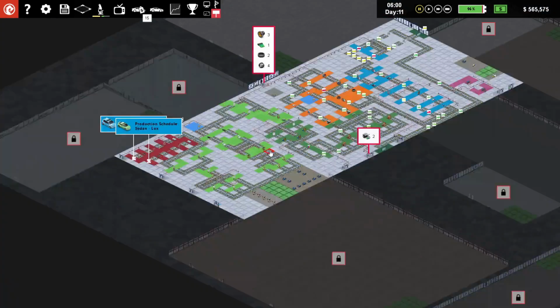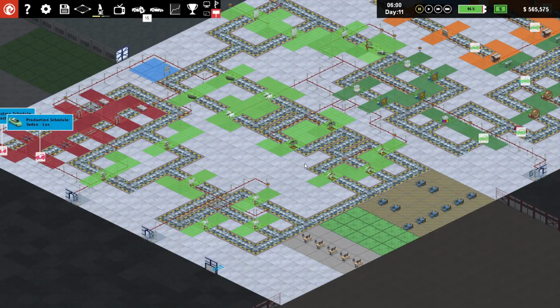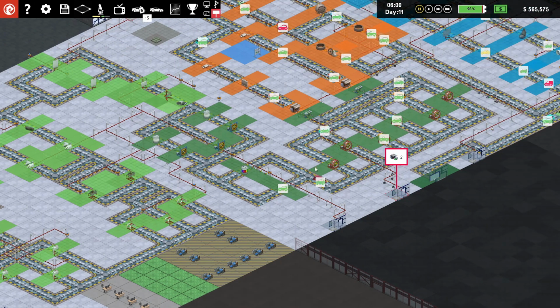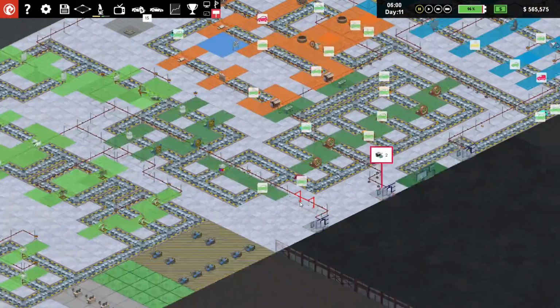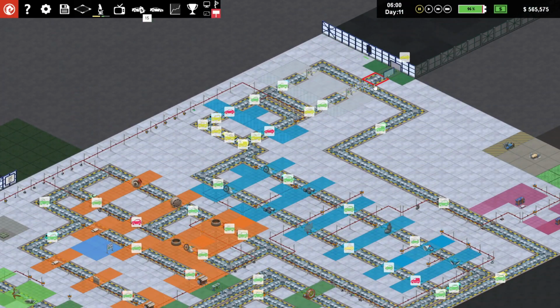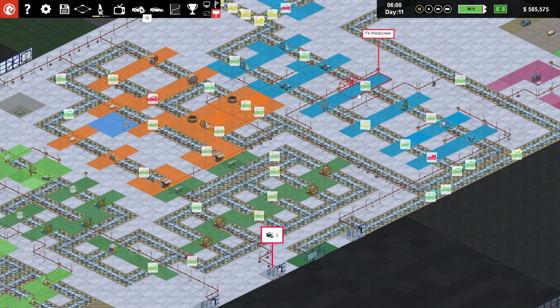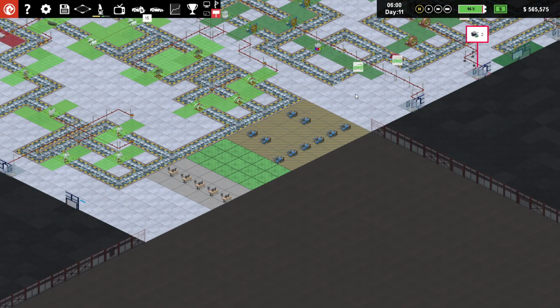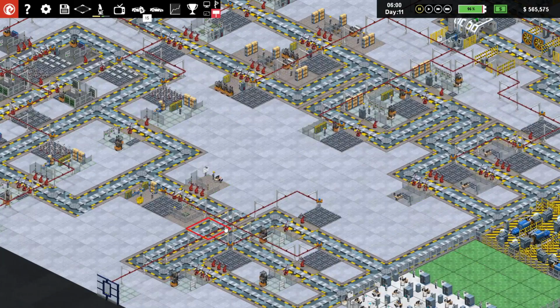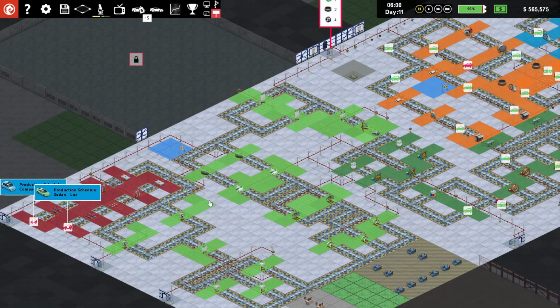Let's just have a look. Whoa! I like the look of this. Now, if the line is hooked... Oh, what's going on over here? No, that's fine. If the line is hooked up correctly, these guys will continue to the end point, which is where we want them to be. And down this end, if we turn this on, our factory should start working again. And we should be...